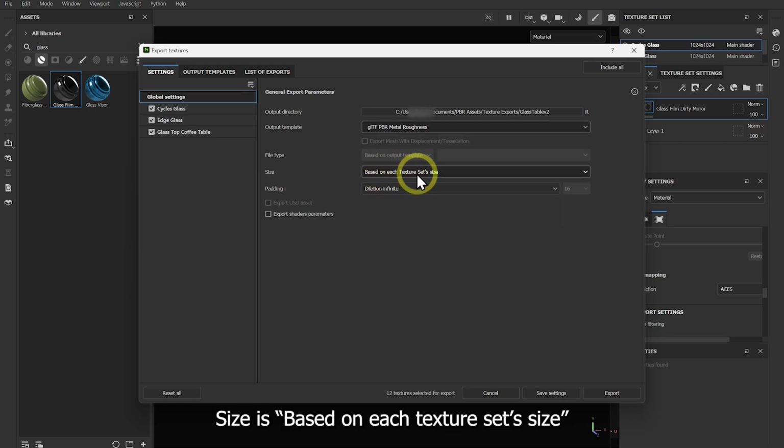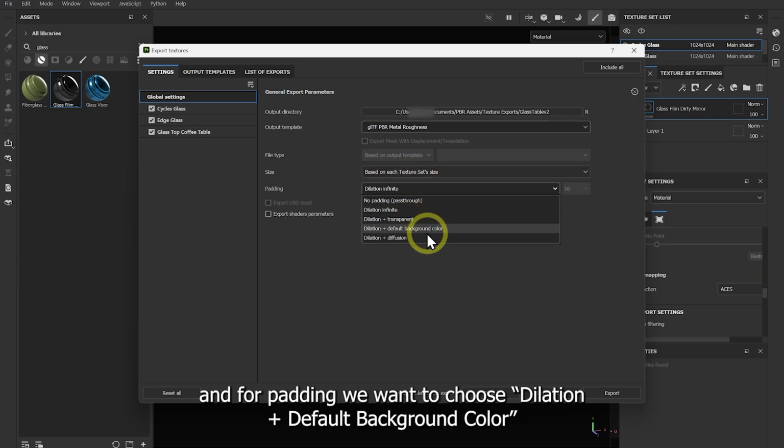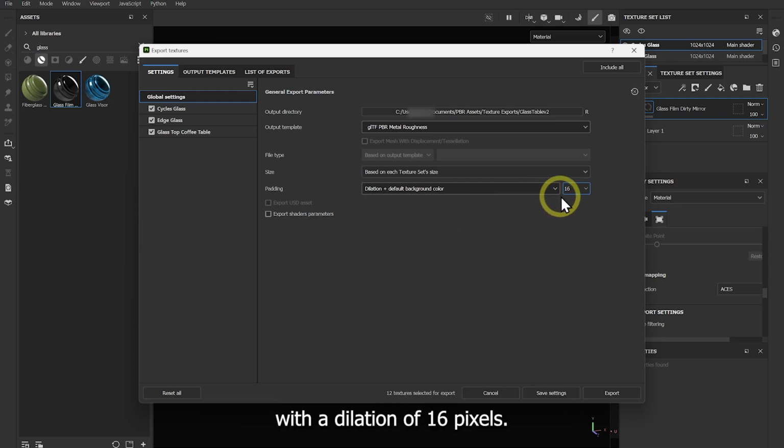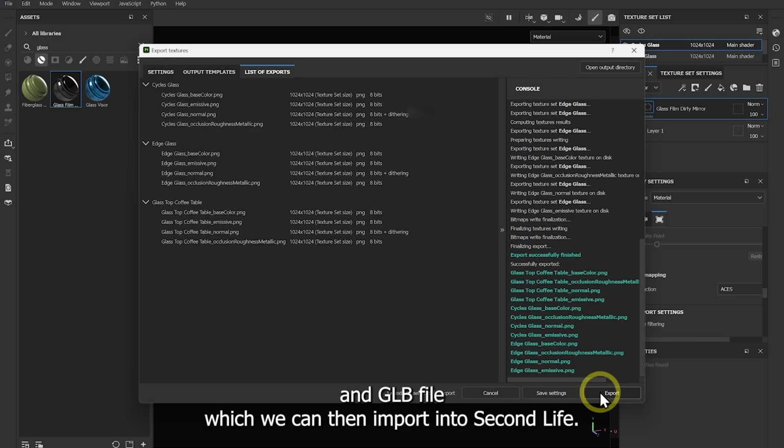Size is based on each texture set size, and for padding we want to choose dilation and default background color with a dilation of 16 pixels. When we hit export, it's going to create a GLTF and GLB file, which we can then import into Second